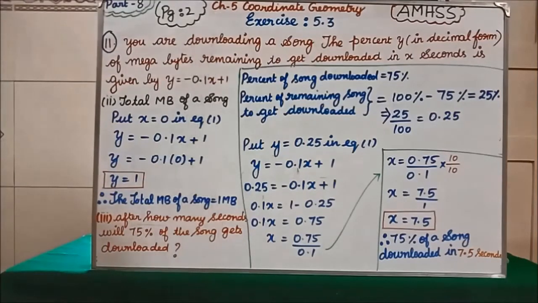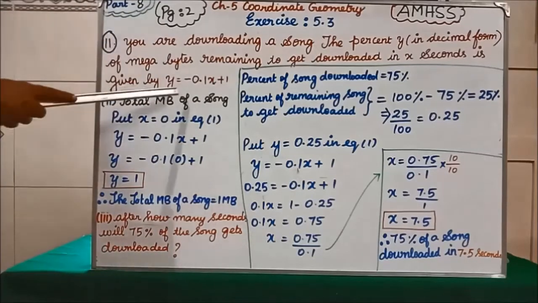Okay, in the page number 1 if you see x is equal to what we have written, time in seconds. X denotes time, Y denotes song downloaded in megabytes. That only we have written. Isn't it? X denotes time, Y denotes song downloaded in megabytes. So if you see before downloading one song, whether it will show the time, within 15 minutes, within 20 minutes, within 5 minutes, it will show. So the time will be 0 before downloading a song.